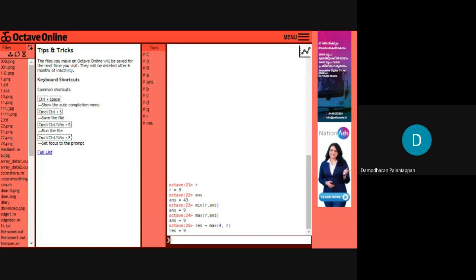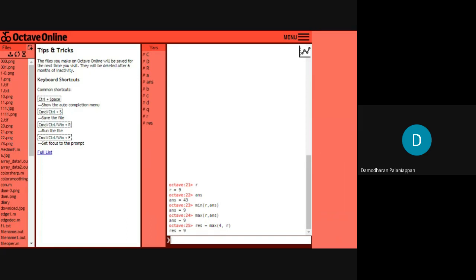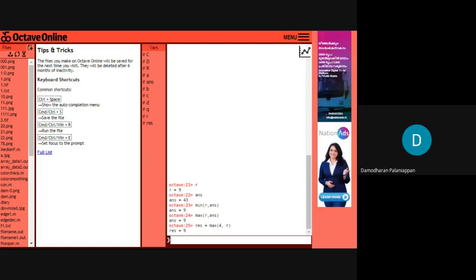Then square root of 81. Then res is equal to 49. Then r equal to square root of res.